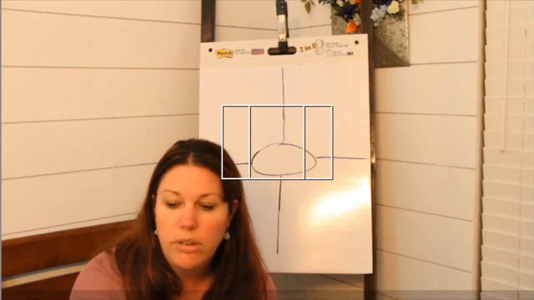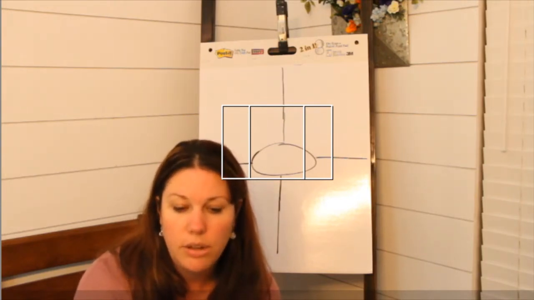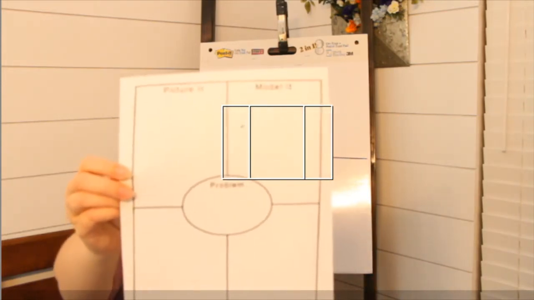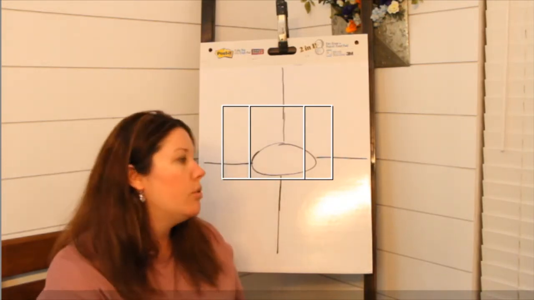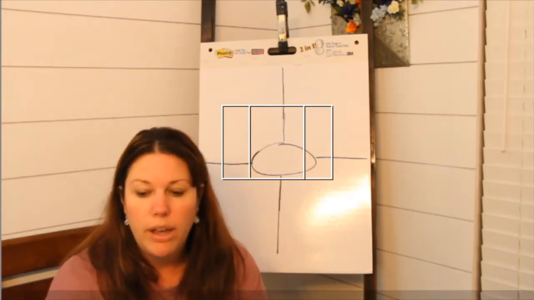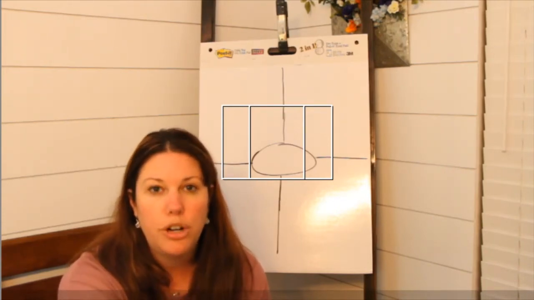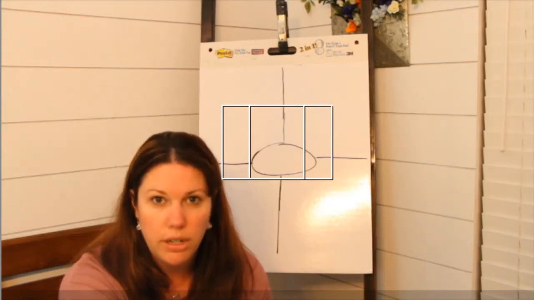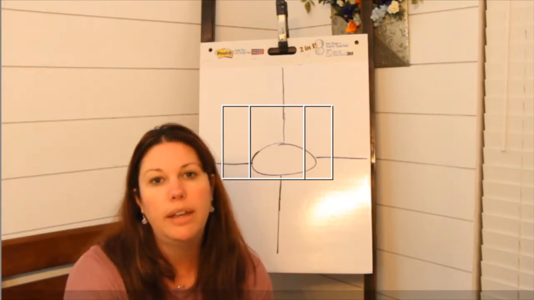Okay, so let's go ahead and talk about what we're going to do today in math. So you know about science. Science is all ready for you, but today in math, I have uploaded this graphic organizer for you in Canvas if you would like to use that today with me. Of course, I'm going to do it on my whiteboard, and you can use a piece of paper to do that. You don't have to use the graphic organizer that I print out. We are working from the instruction book today, and we are working on page 106 and 107. So if you don't have your book, please get your book so that we can go ahead and get started.